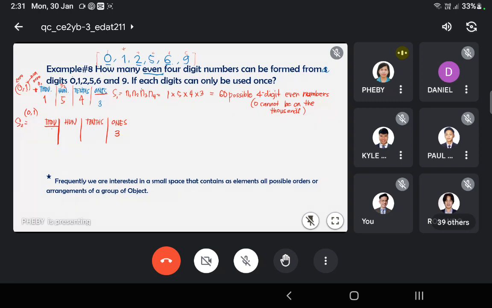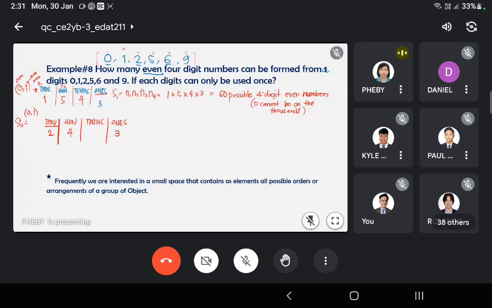So, therefore, meron tayong 2 choices for our thousands. Pwedeng 0 or non-zero. Okay? So, kung dalawa yung choices natin sa thousands, therefore, ang magiging choice na lang natin sa ating hundreds is